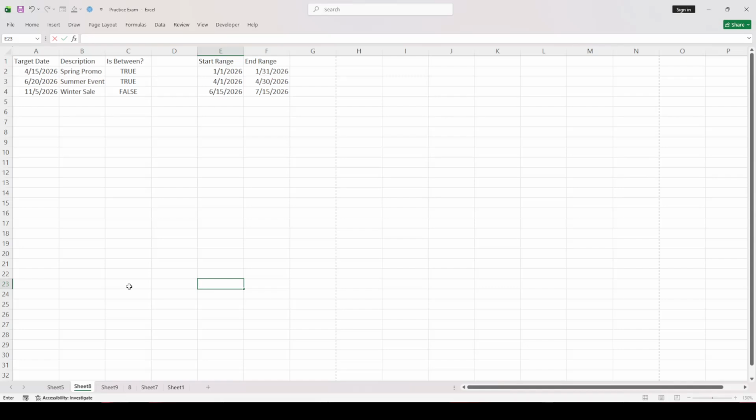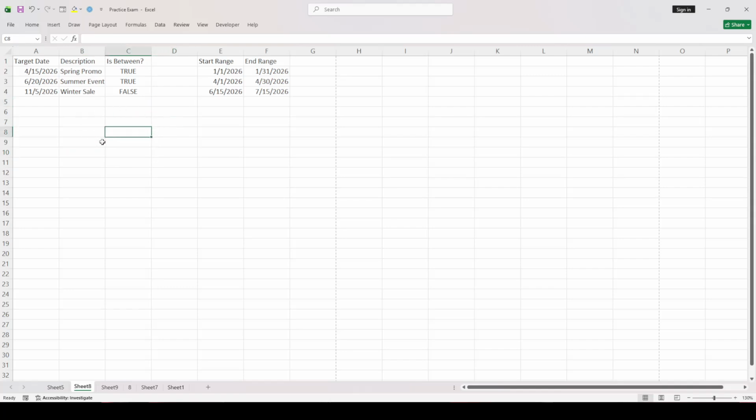In today's video, I am going to teach you how to rename multiple sheets to match cell values in Excel. If you have ever created a workbook with many tabs and then needed to rename each sheet to match information stored in cells, you already know how time-consuming it can be. Instead of renaming sheets one by one, you can use a simple macro that reads cell values and applies them